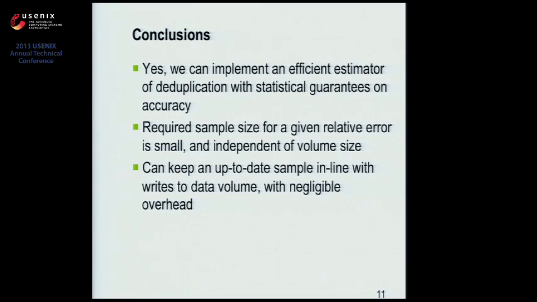So in conclusion, yes, we can implement an efficient estimator of deduplication with statistical guarantees on its accuracy. The required sample size for a given relative error is small and independent of the volume size. One of the insights that we realized is that it's small and independent of the volume size for the same reason as the polling theorem says, that you only need to poll a certain number of people independent of the size of the population to get a certain accuracy in your poll results. The math is closely related. And we can keep an up-to-date sample in line with writes